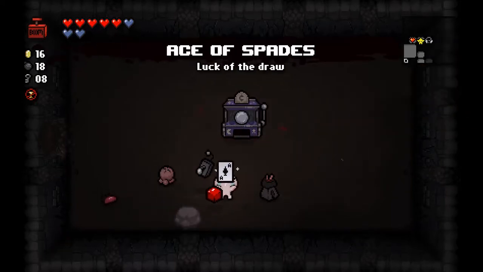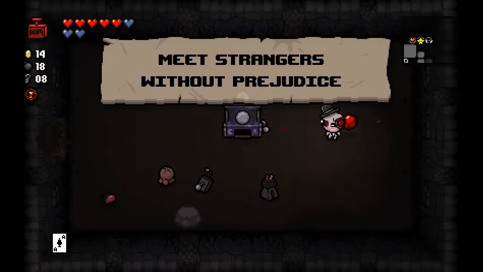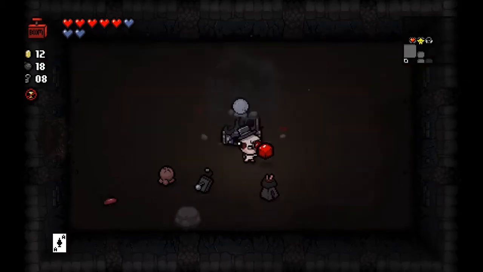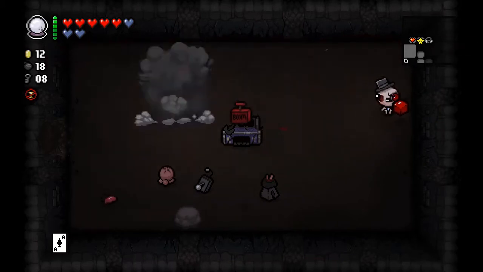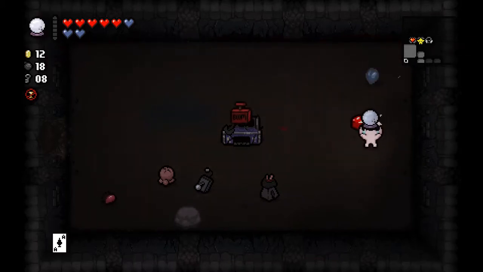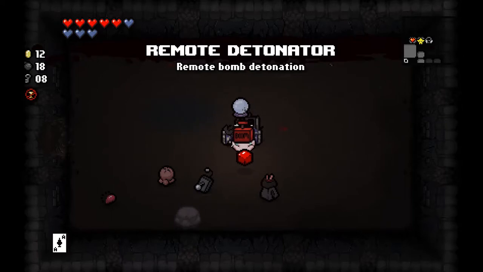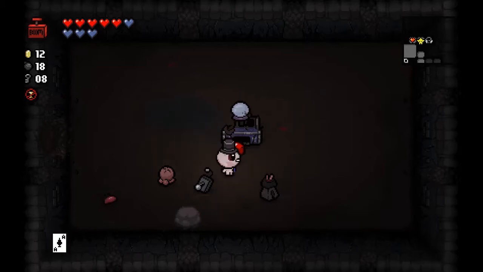What is this? Ace of spades. Lock of the draw. What does that do again? Oh, that spawns more cards for us. That seems pretty useful as well. So, since the teleport effect... Oh, we get Crystal Ball. Crystal Ball, is that better than Remote Detonator? Crystal Ball is pretty good. It spawns soul hearts and tarot cards for us, and it also gives us the effect of seeing the entire map. But Remote Detonator is very good. I'm gonna go with Remote Detonator just to stay true to the challenge run, and then...